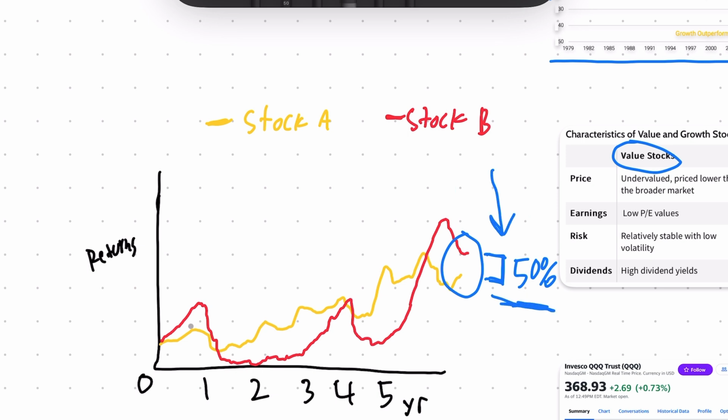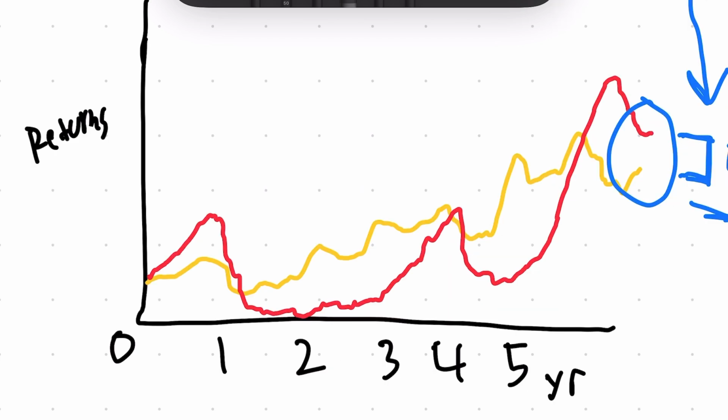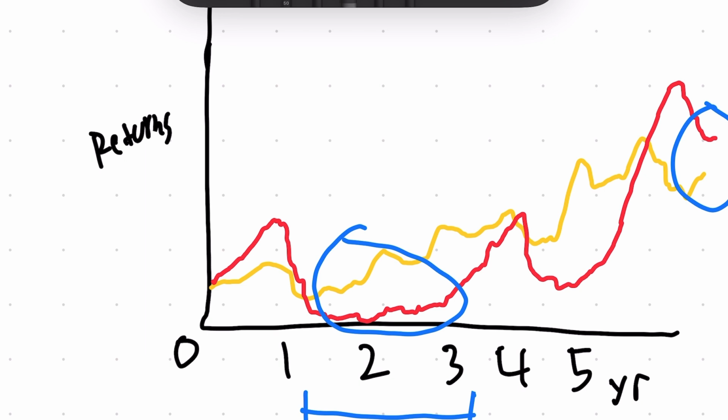So often we see growth and value stocks move in the same general direction, but the growth stock has a lot more of these bubbles that form followed by extreme pain. And some of these periods of pain can last for years on end, represented by this hypothetical chart here. And these are periods of time that if you bought investment B simply because it was going up in price and doing better than investment A, you're really going to have a difficult time holding on to it.